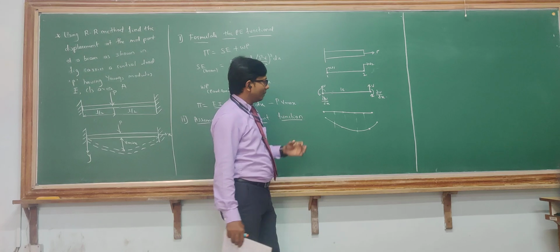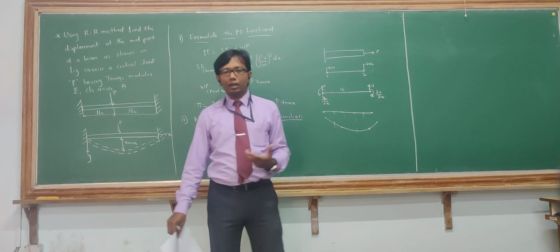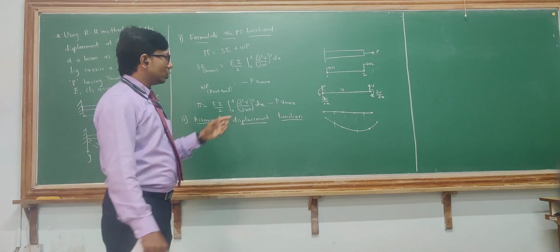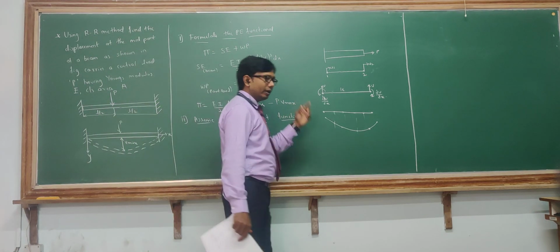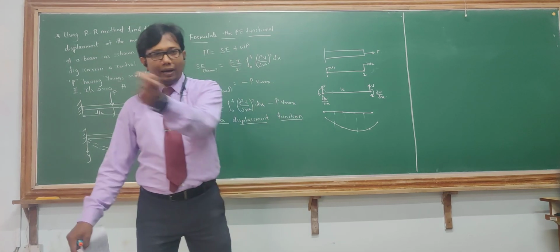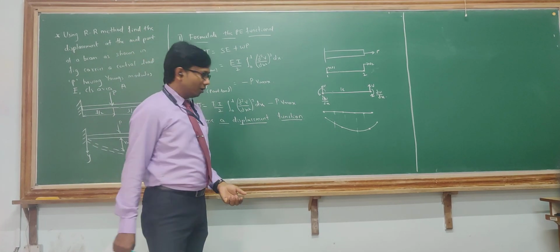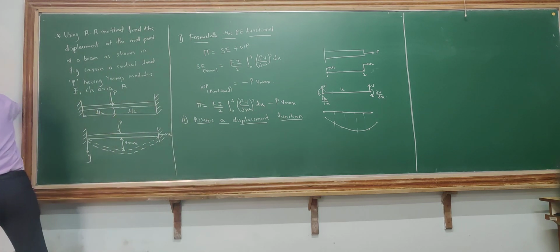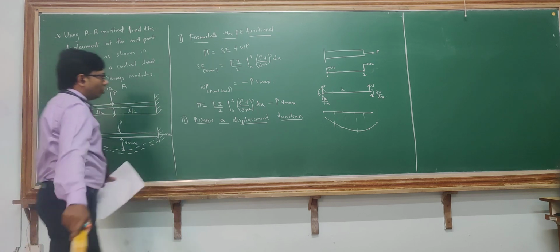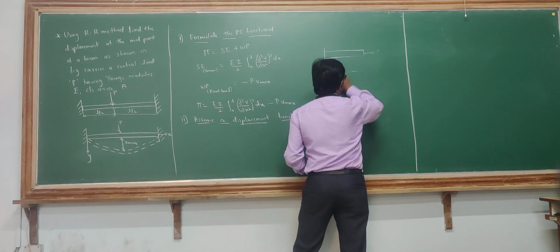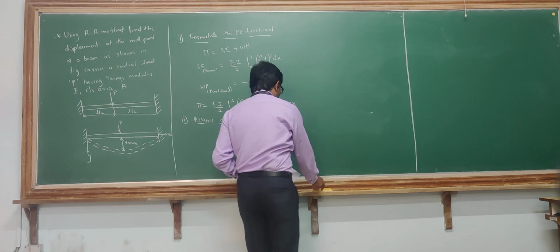So for that case, the beam will be solved in a 1D problem with 2 degrees of freedom, and each node will have 2 degrees of freedom. Unless it has 2 degrees of freedom, you cannot analyze the bending of the beam. You cannot solve the problem with respect to bending. I hope it is clear. So each node for a beam will have 2 degrees of freedom.